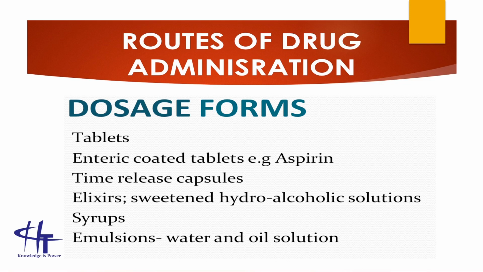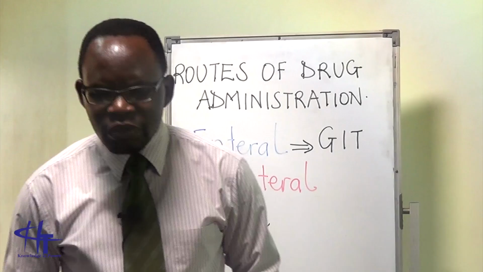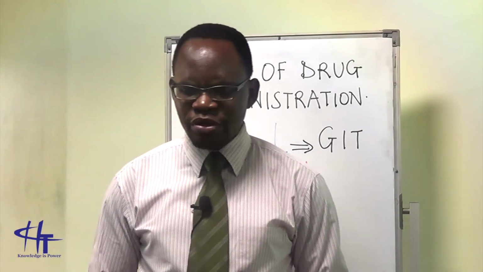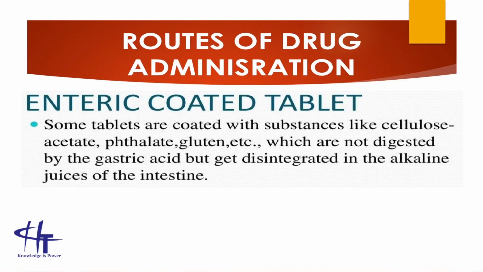A syrup is in liquid form, and it is uniformly distributed. We also have emulsions. This is a combination of water and oil solution. Now, those are some of the forms in which drugs are administered via the oral or enteral route. Now, let's briefly talk about what we refer to as the enteric coated tablets. Now, these are coated with substances like cellulose acetates,